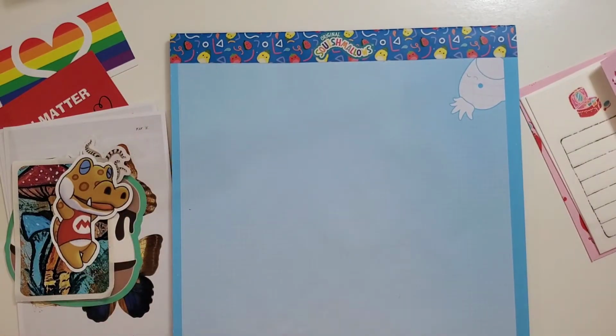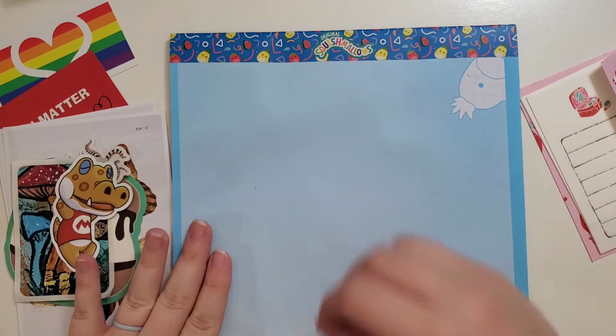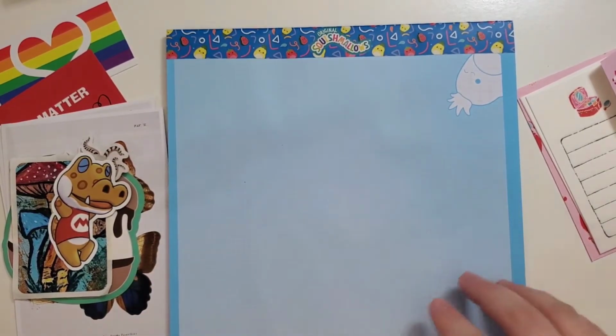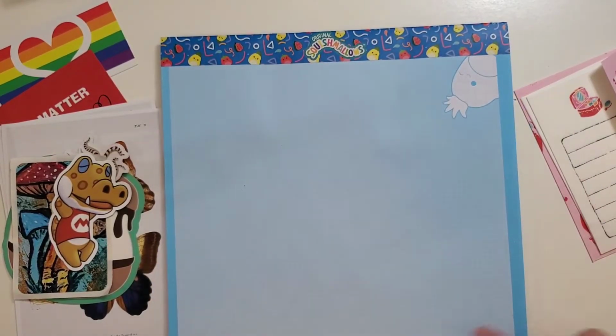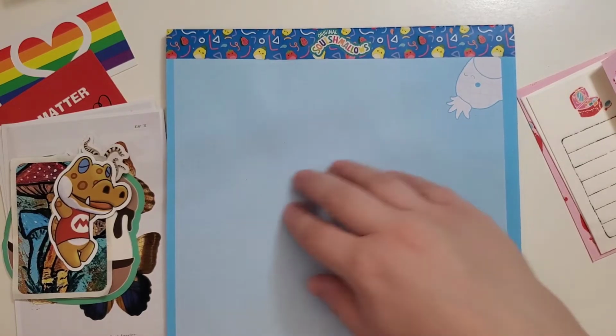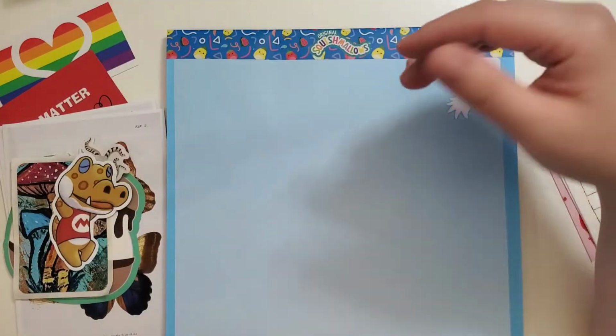I am going to remove the top sheet of this because I was writing a different note with this as my padding, and so I think that if you look at it from the right angle, you can sort of see that the pen marks have kind of pushed through. But I think that I will use this,